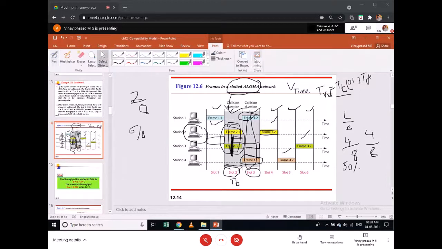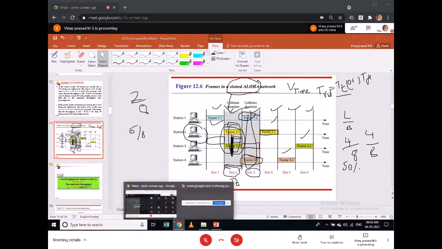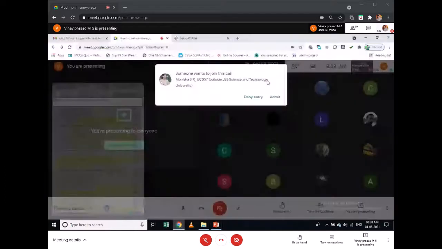Now we will see what the efficiency formula is and how we calculate it. If I go further to see the efficiency formula here, it is the same formula, but in pure ALOHA it is e to the power of minus 2G, right? This 2 comes from the vulnerability time of pure ALOHA, which is 2 Tt. But here the vulnerability time becomes 1 Tt, so your expression will become S equals G times e to the power of minus